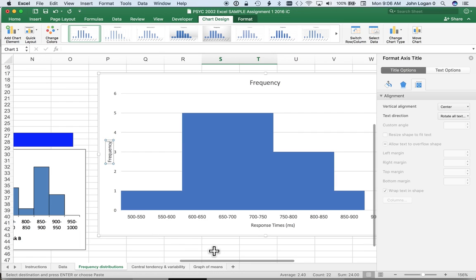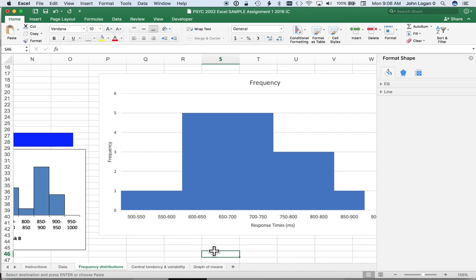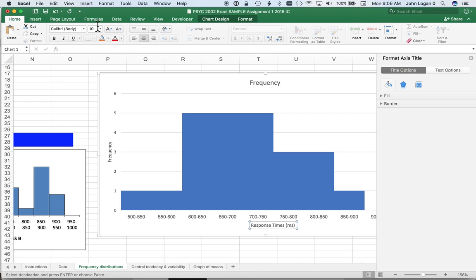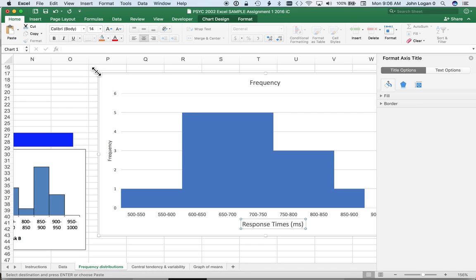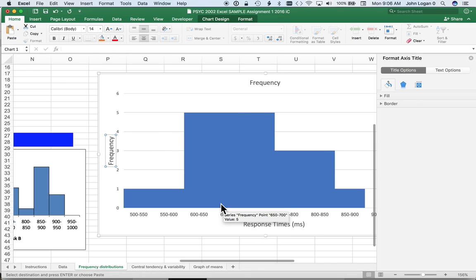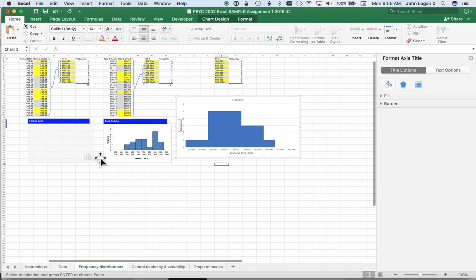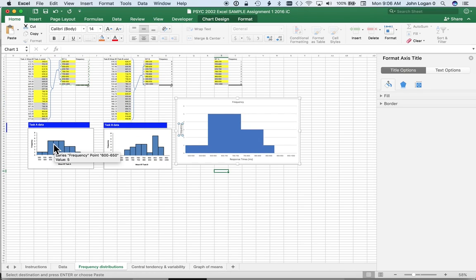Now, just so you can see how this figure looks in comparison. There are some other things you can tweak here. You might want to make this a little bit bigger. So right now the text is kind of small, so you might want to make it, I made it 14-point font, and do the same thing here. Make this 14-point font. Okay, and now I'm going to make this a little bit bigger, and you should see,